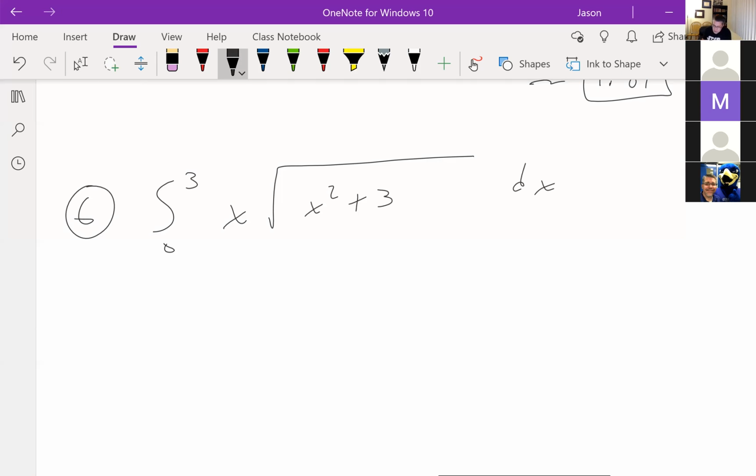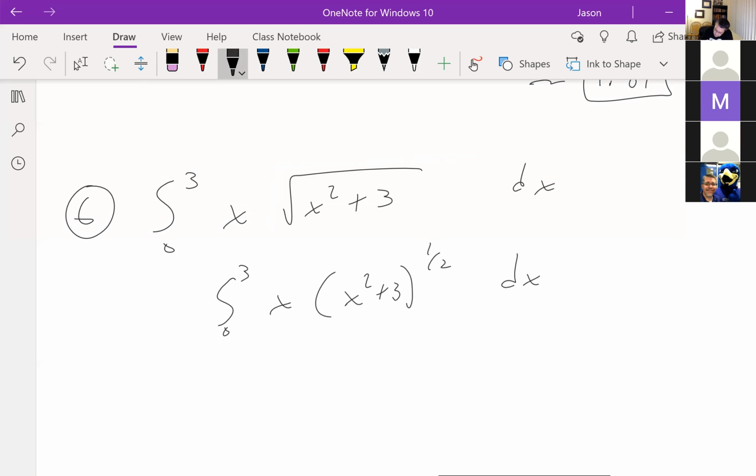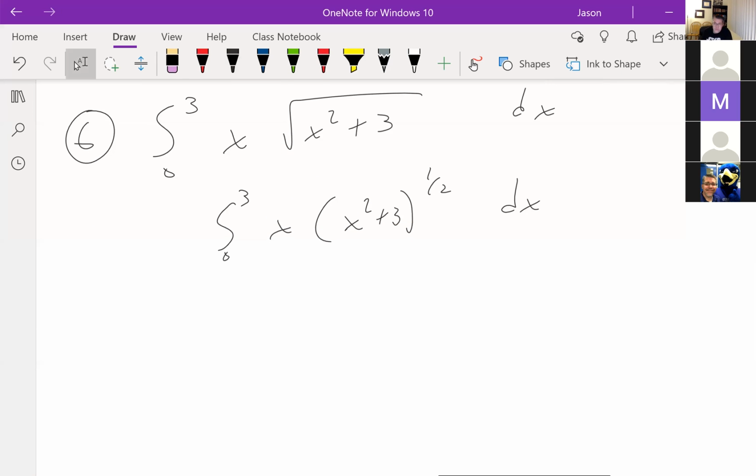Okay, so I'm going to rewrite this: the integral from 0 to 3 of x times (x squared plus 3) to the 1/2 power dx. So what's going to be my u in this case? What's u going to be